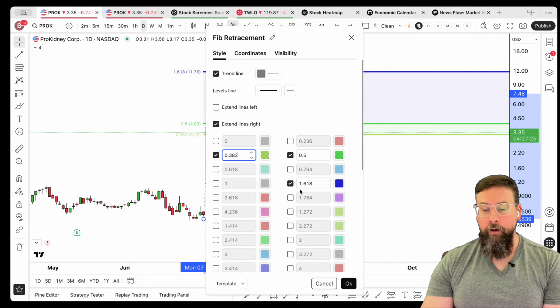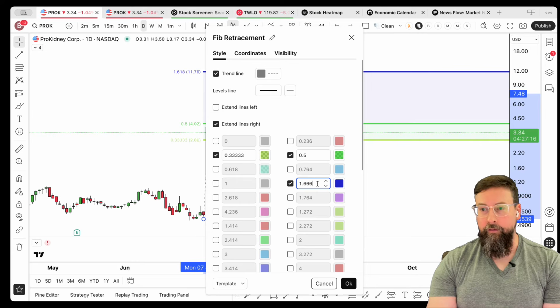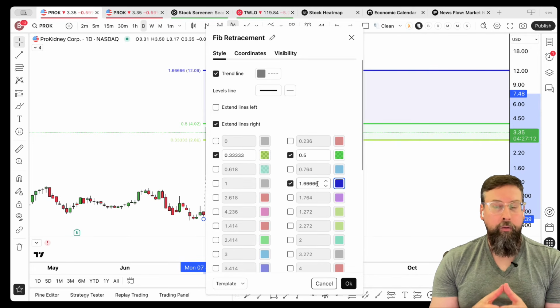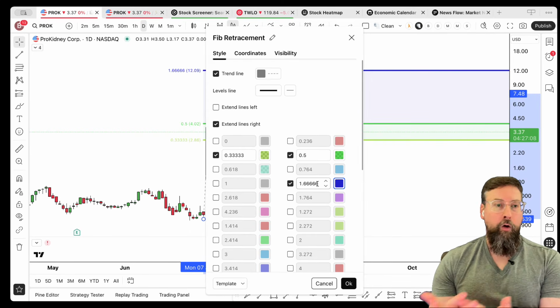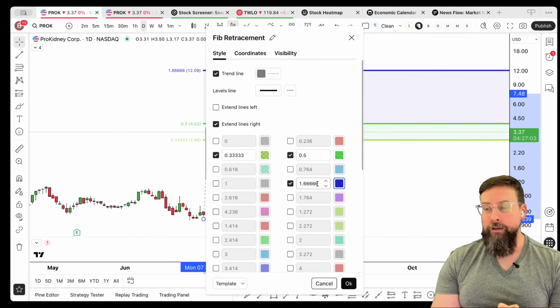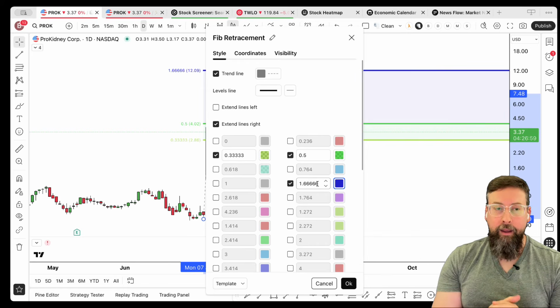So say I actually wanted to do 1/3, I could go 3, 3, 3, 3. And let's say I actually wanted to do 2/3 on the way up, I could go 6, 6, 6, 6, right? And you can test and you could find where is the optimal pullback entry for your strategy. And you can test that either going through charts or running a back tester or doing whatever you'd want to do that. And when you find that optimal number, you can just go in and edit your indicator or edit your potential drawing tool here,